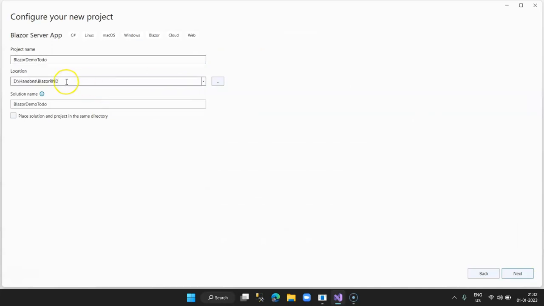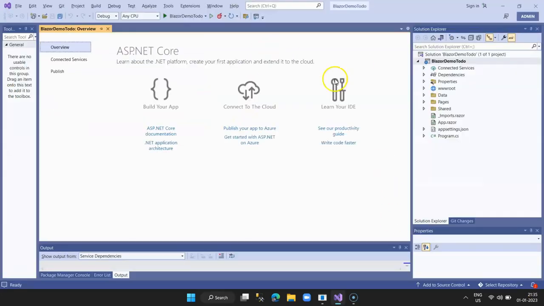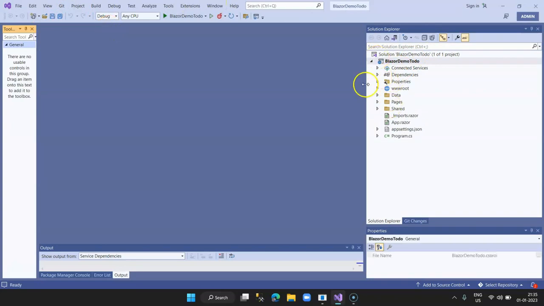This is the path where I'm going to store it, and I click on next. I'm going to select .NET 6.0. I'll untick configure for HTTPS and click on the create button. So here is the project loaded, and this is the default Blazor framework, and you can see the structure and